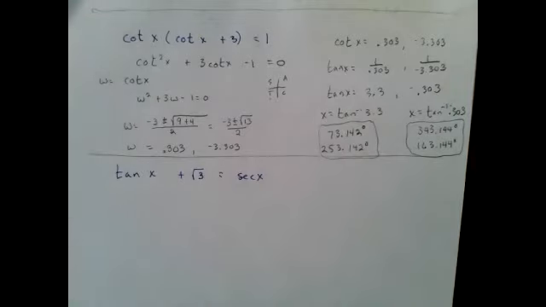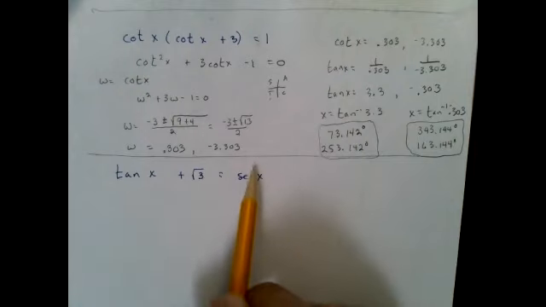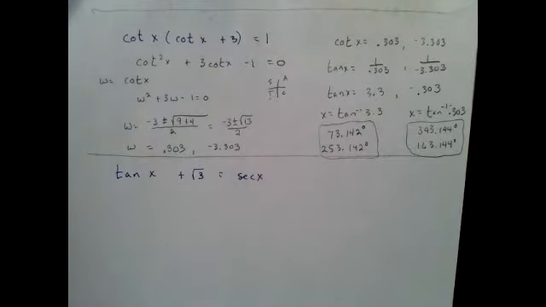I see that I have tangents and I see that I have secants. And one of those could be like getting a common denominator. This is sine over cosine. This is 1 over the cosine. And I could multiply everything by the cosine. And I don't know if that would help. So another trick of the trade is